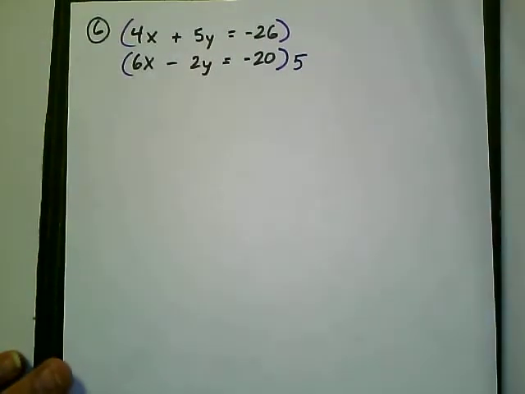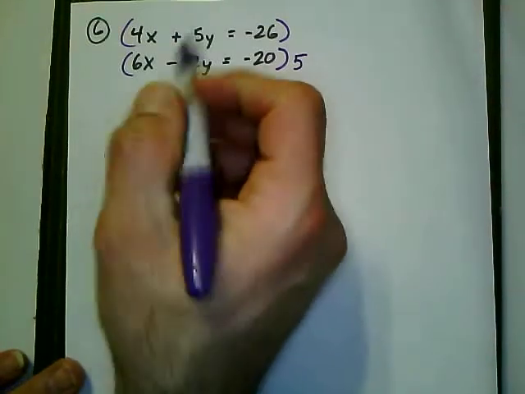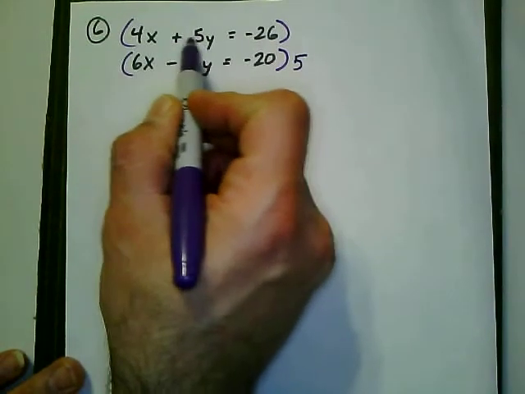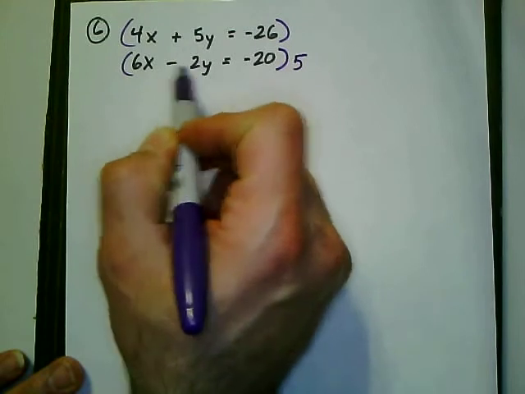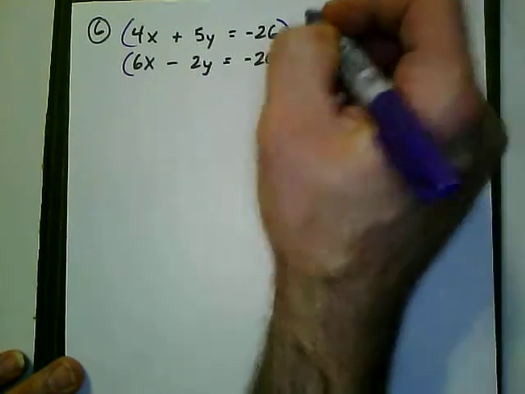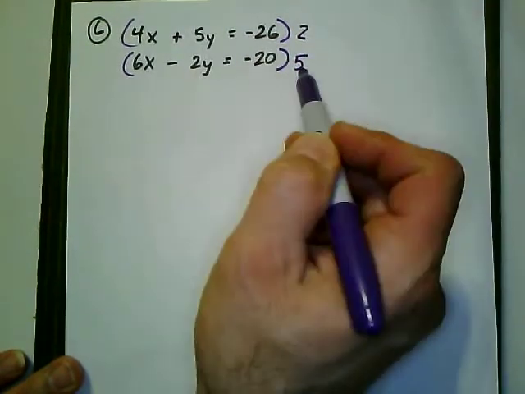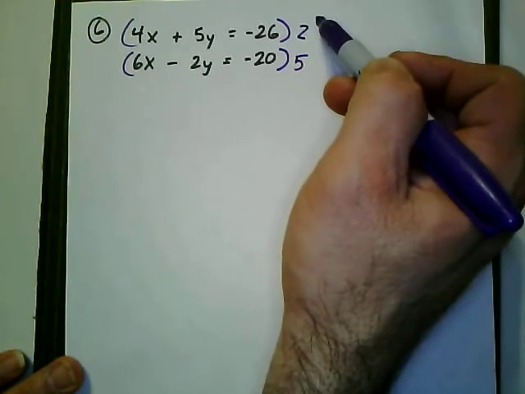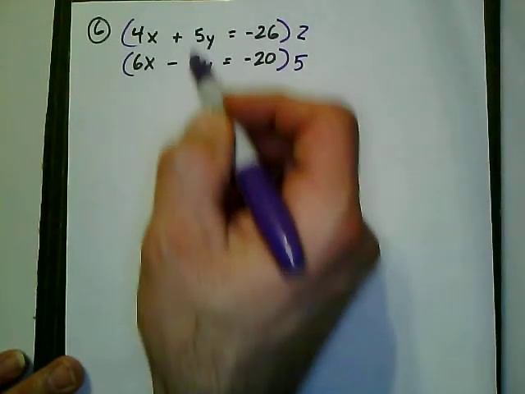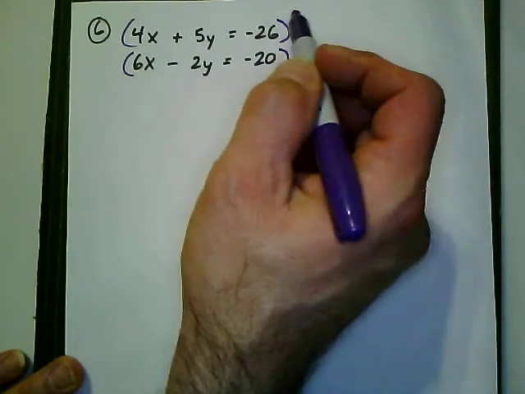And remember, leave, change, opposite. Well, we're going to leave and change. So since this is leave it, we're going to leave it as a positive 5. This one, we're going to change it from -2 to 2. So the 5 goes down, the 2 goes up. All right? And we do that because we want these to eliminate. So now we distribute